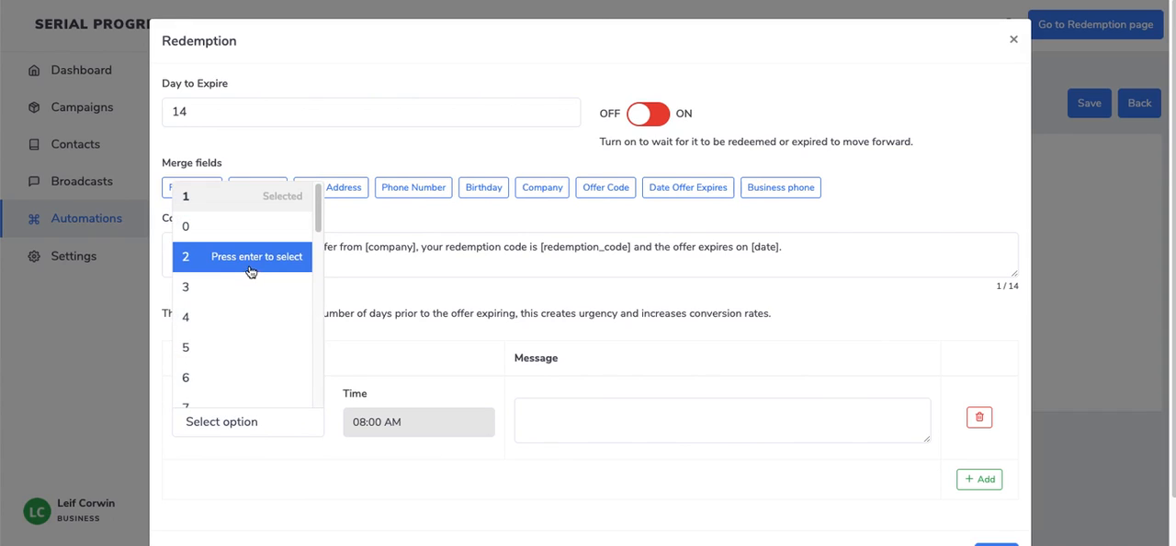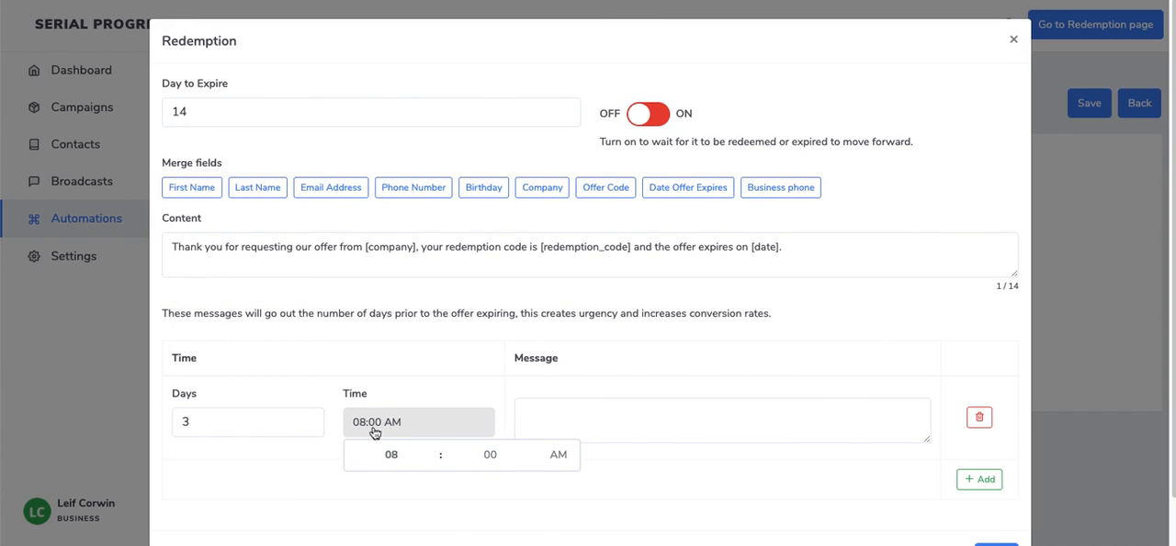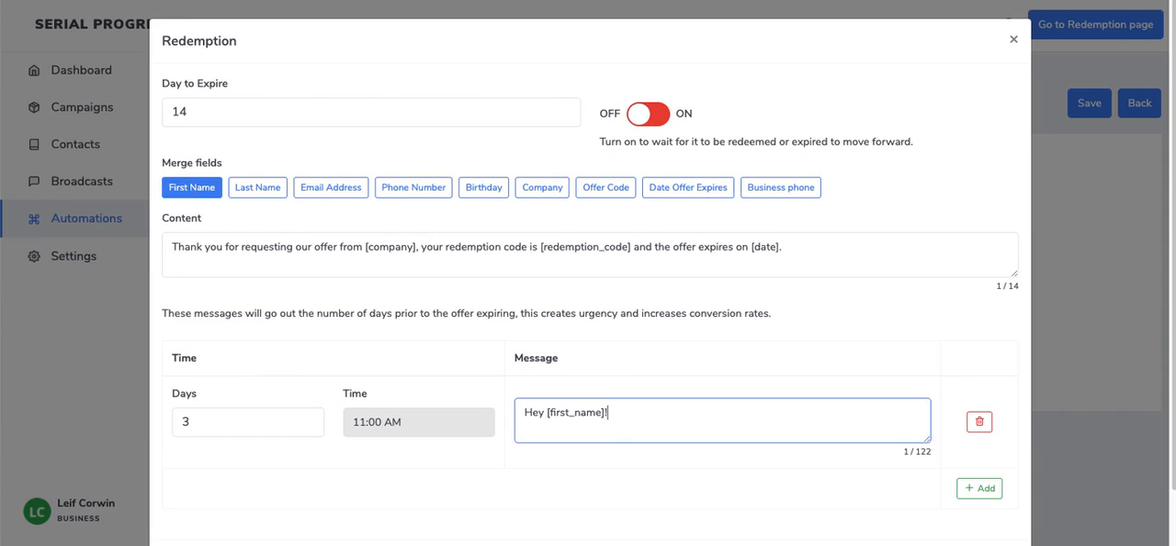So let's say 3 days out at 11 a.m., we're going to send them a little reminder and say, hey, first name, we noticed you haven't redeemed your 10% offer from, and we'll put company right here, which would be Creekside Pizza. Use code, and then we'll insert the code here as well. Buy, and then date offer expires